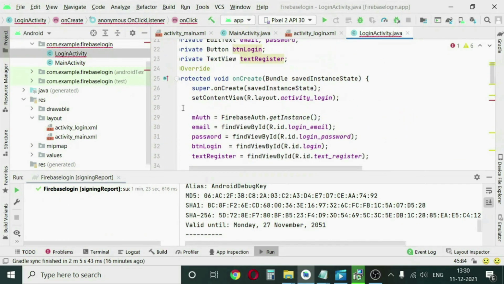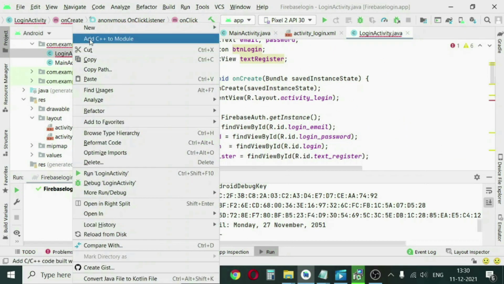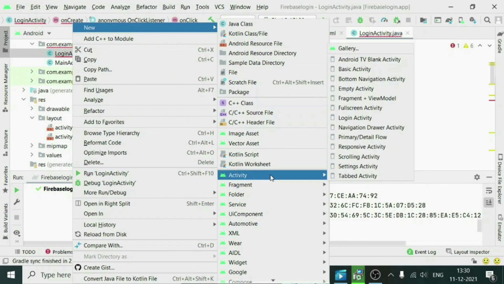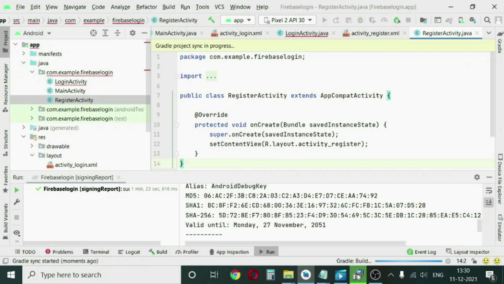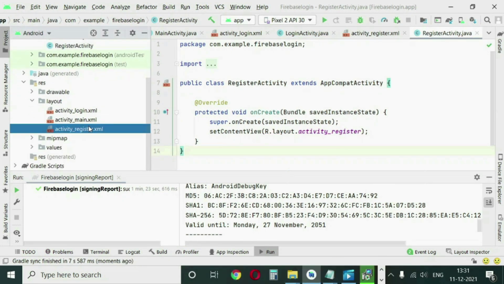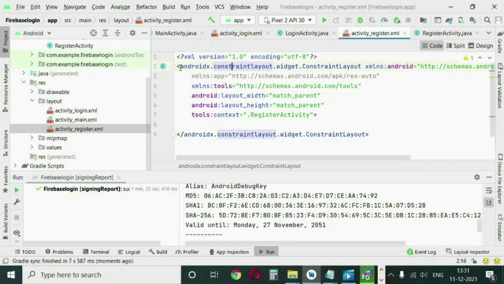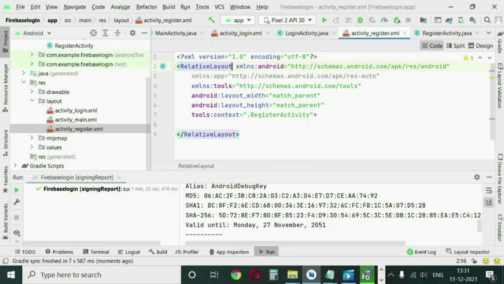Login activity is completed. Now create another similar activity, which will be an empty activity, and we will name it RegisterActivity, and click finish. You can see the register activity has been created. Go to the layout and change it to relative layout, as we are doing for all the other XMLs.